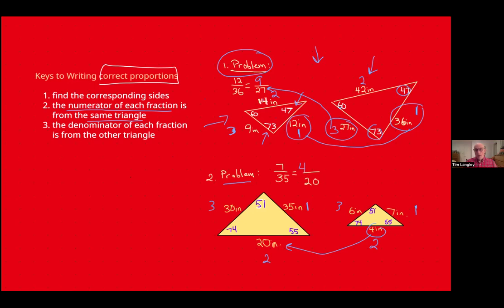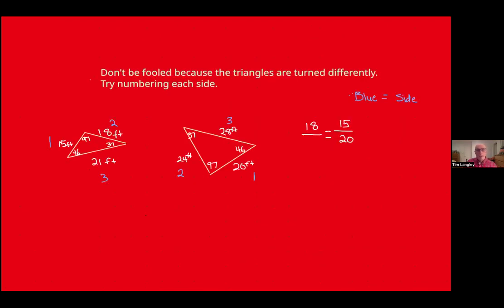Now you're probably thinking, hey, teacher, it's right there on the screen. So what's the mystery? Well, let's take a look here. We're getting there very quickly. You're going to run into some problems. Don't be fooled because the triangles are turned in a different direction. Try the number in each side. That's what I've already mentioned on the other example. For instance, look at these two triangles here on the left. They are